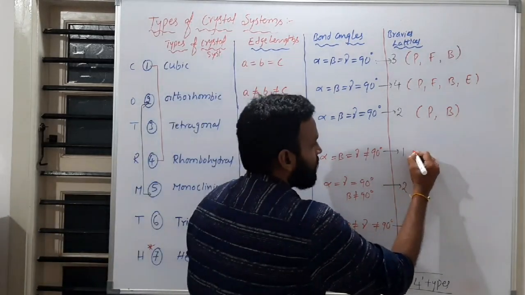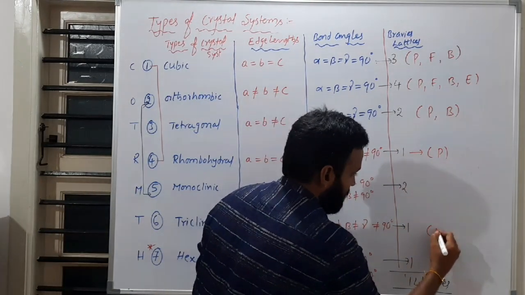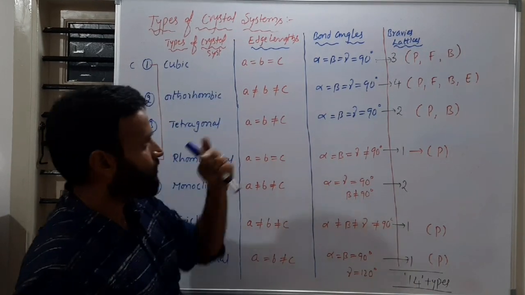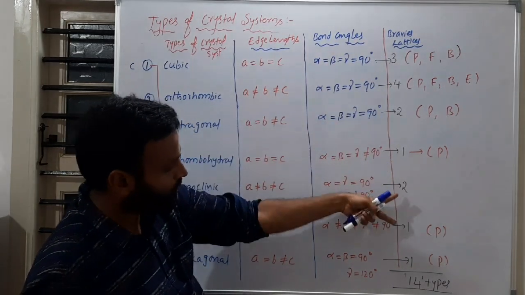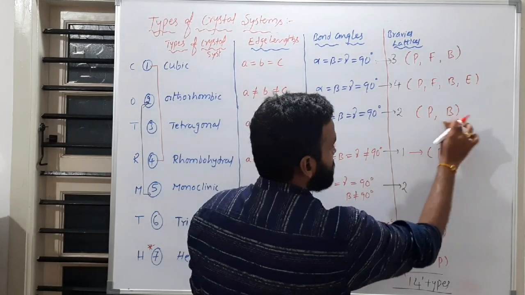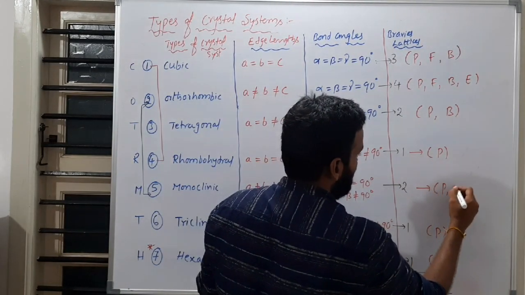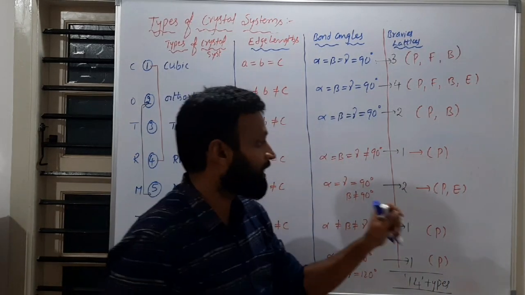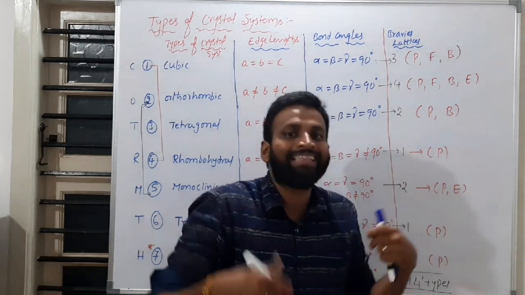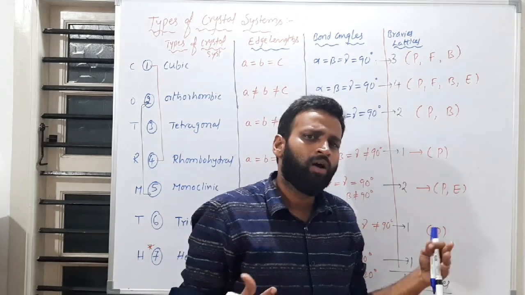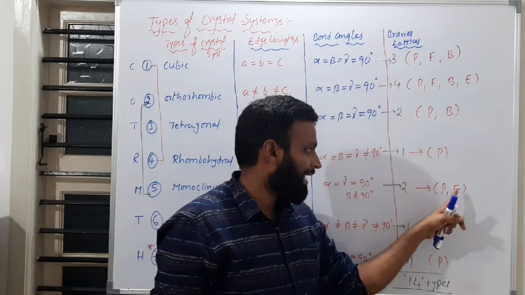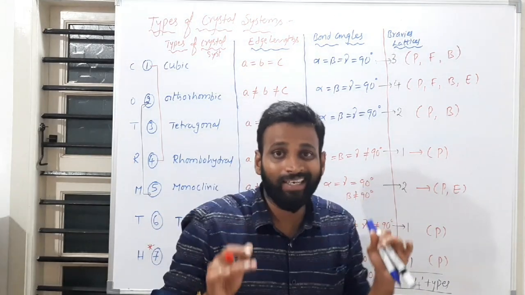So one, no doubt. Wherever you have one, that is primitive. So how to remember? 3 4 2 1 2 1 1, like that. Understood? Now this 2 means PB, but here 2 means PE, not PF. PE. So what can you say? Power star energy. Like that you can remember.